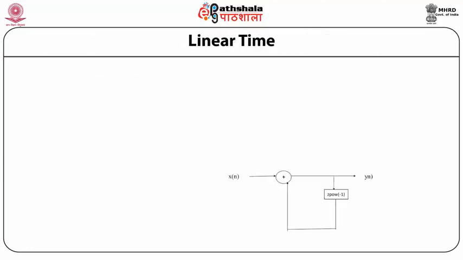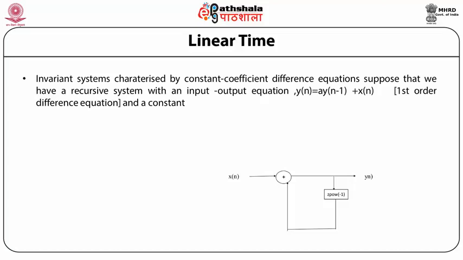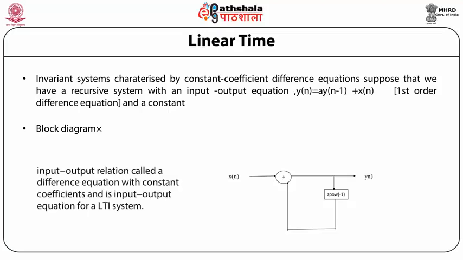Let us now discuss the linear time invariant systems which are characterized by constant coefficient difference equations. Students, suppose that we have a recursive system with an input-output equation as y(n) equal to a y(n minus 1) plus x(n). That is a first order difference equation, and here a is a constant. So the block diagram is given by this figure, where x(n) is the input to the summation and then we get the output y(n), which is fed back through z to the power minus 1, and through a it is fed to the input. This input-output relation is called the difference equation with constant coefficients, and is the input-output equation for a